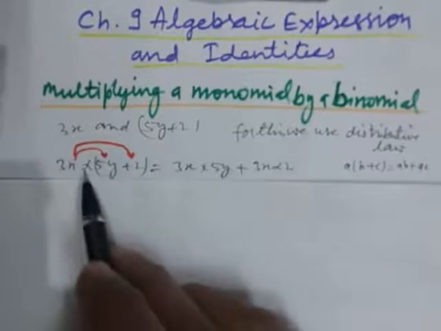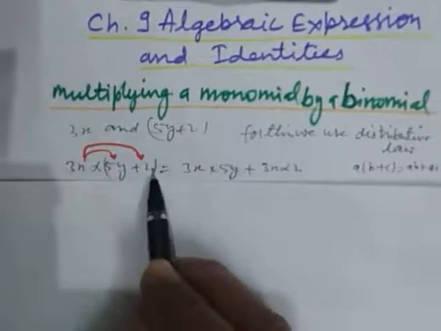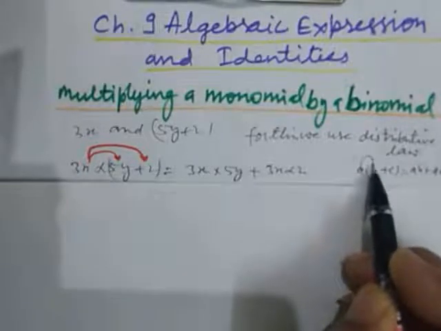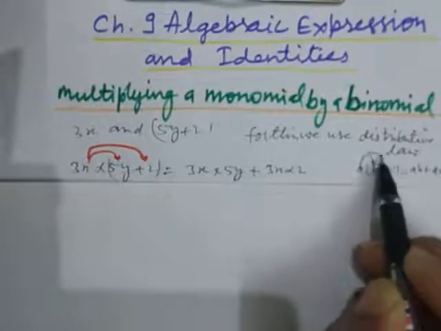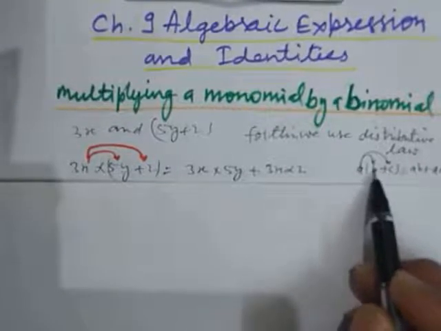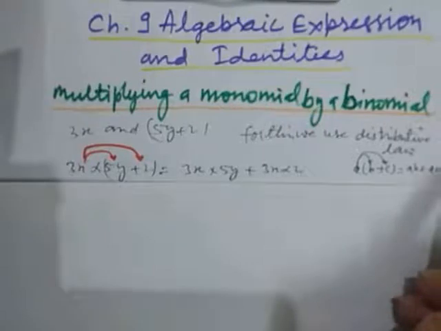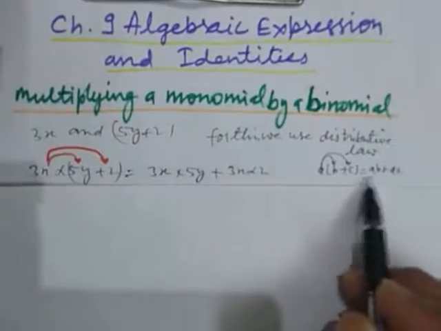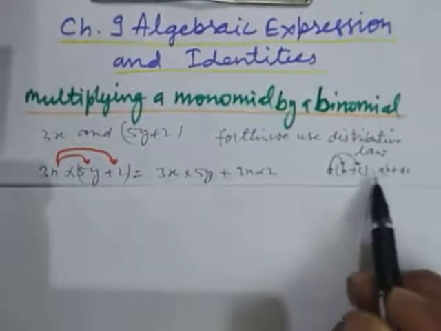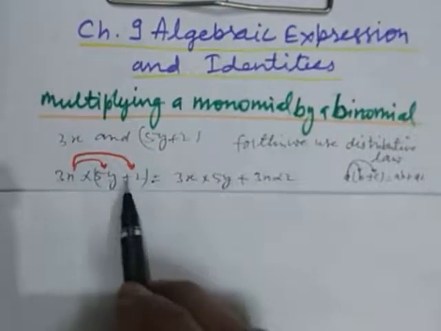So we utilize this because consider this is a and this is b and this is c. So how do we get ab and ac? We get them by multiplying this a to this b and this a to the c, and just write the plus sign here. So ab, that is a into b, and ac, that is a into c. So this way we do the distributivity. This distributive law we use for multiplying a monomial by a binomial.